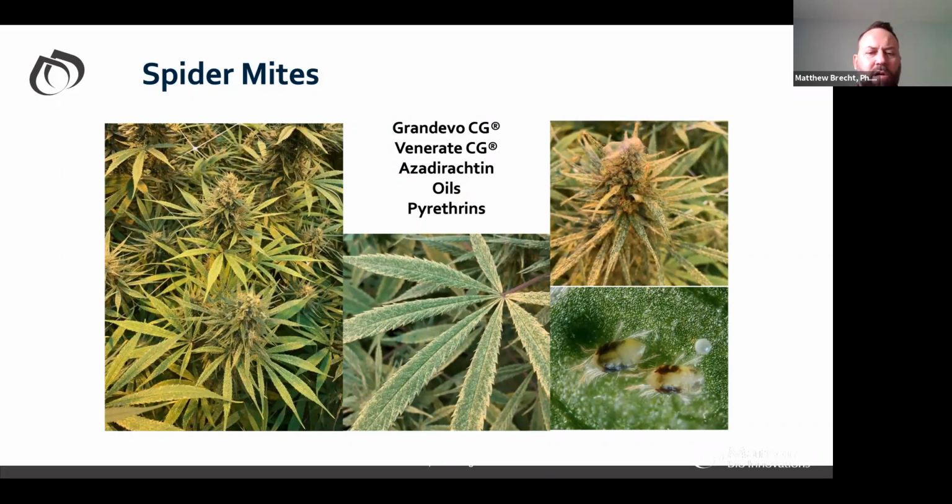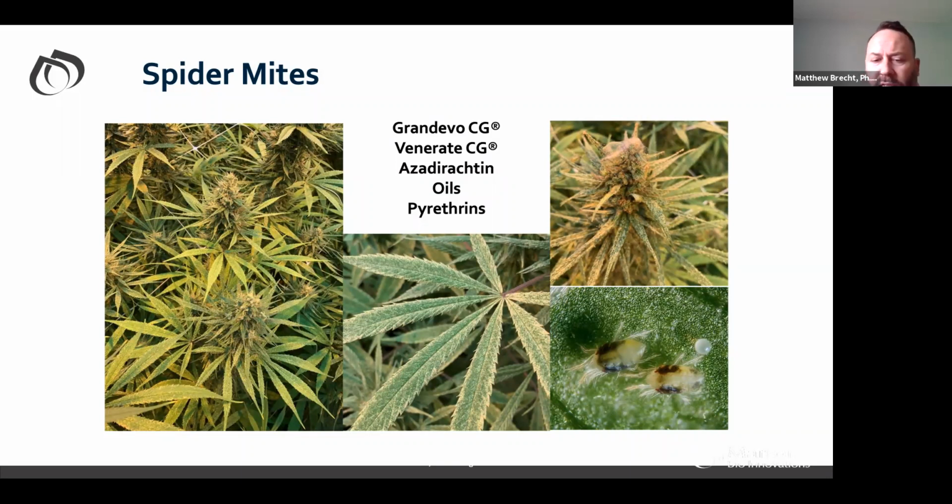So the biggest ones that we're going to cover, obviously, are the ones that cannabis growers typically have all seen at some point. Spider mites are one of the number one issues we have indoors, and they can be an issue outdoors as well, but typically it's an indoor pest problem. And these are actual pictures from a grow that I visited last year in Oregon. Thankfully, they were producing hemp seed, so they didn't really care if they had so many mites on them, and they still had a decent harvest. But if you let it go, boom, they can really get out of control.